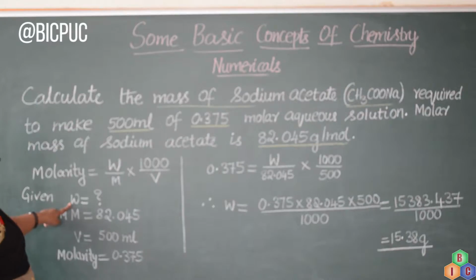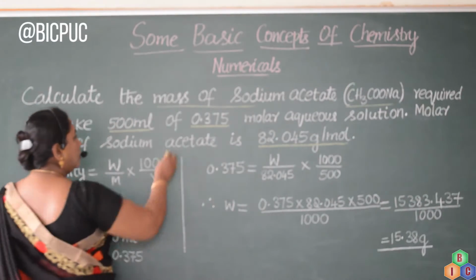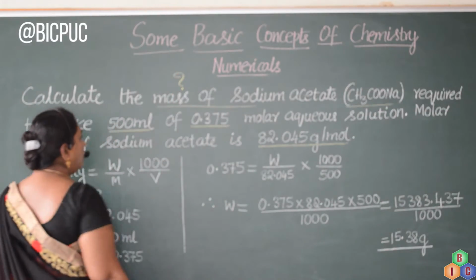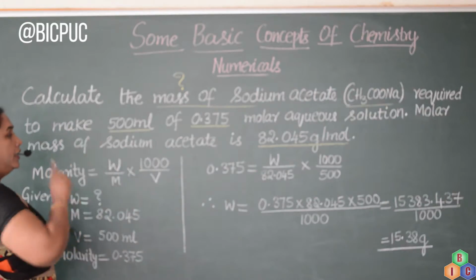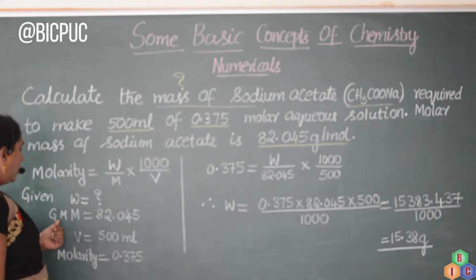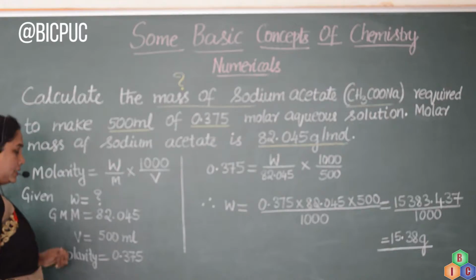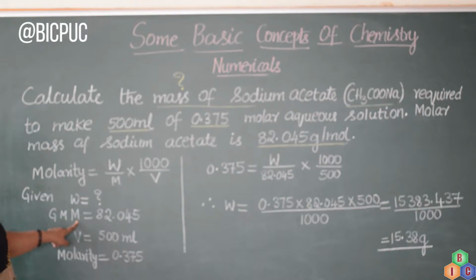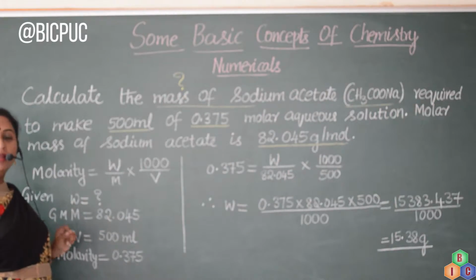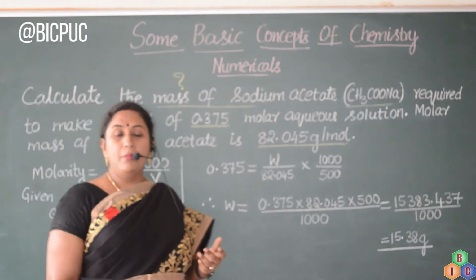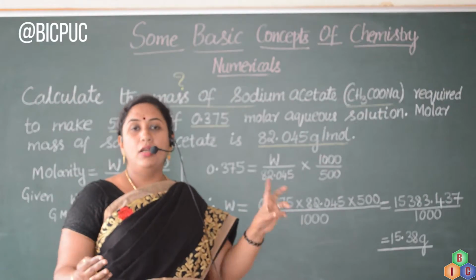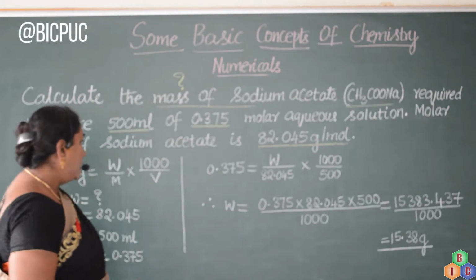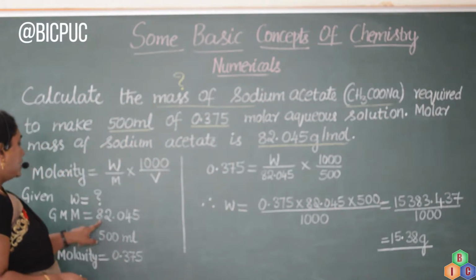Do we know the mass? No. We are supposed to find out what it is. So, we do not know mass, that is W. But we know the molecular mass, which is given in grams. This is what we call gram molecular mass. GMM is the short form of gram molecular mass. What is gram molecular mass? If molecular mass is expressed in grams, then we call it gram molecular mass, and that value is given to us as